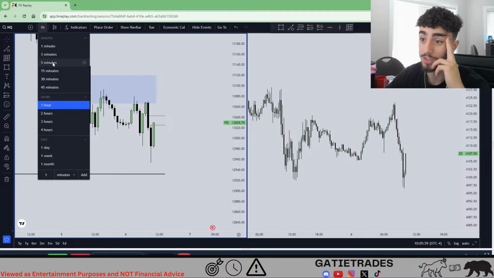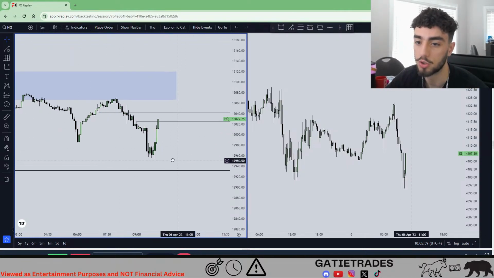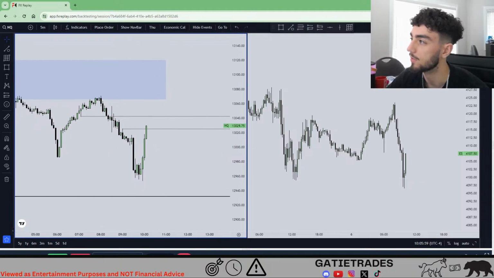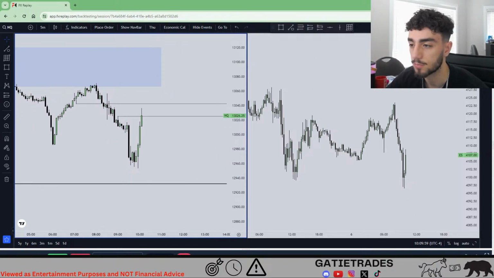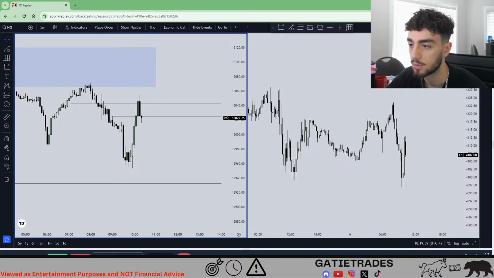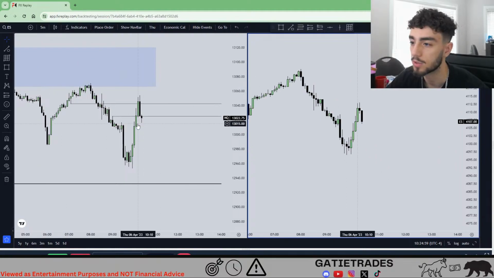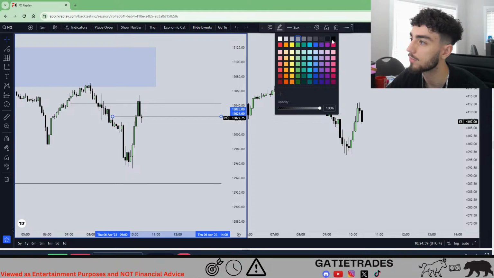Now you can't enter just on the 5-minute, but we can try. So let's see. This is your drawn liquidity that we marked out. This is the 5-minute chart. So where could you get an entry? It's so tough on the 5-minute, like nothing happens. There's your change of state in delivery. So CISD right there.